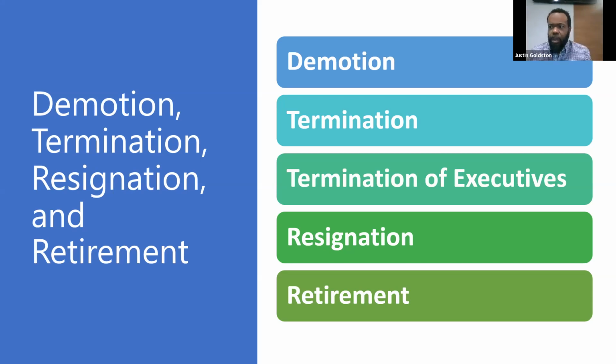And if an executive is terminated, they in most cases will have a separation package. This is sometimes referred to as a golden parachute, where payment is received if that executive is terminated,